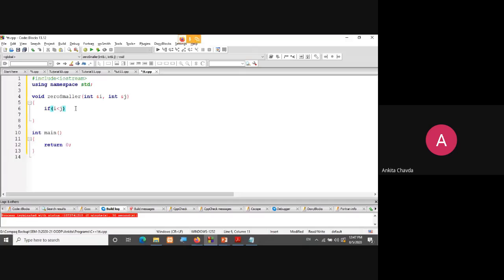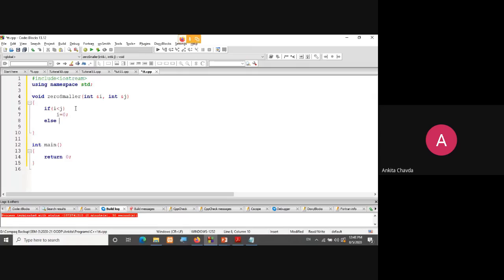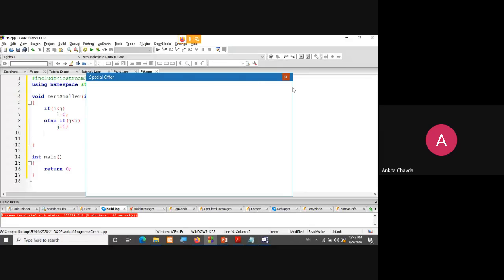If i is less than j, then I need to do i equals 0, because the smaller value is i, right? J is the greater one. Else if j is less than i, then j equals 0.